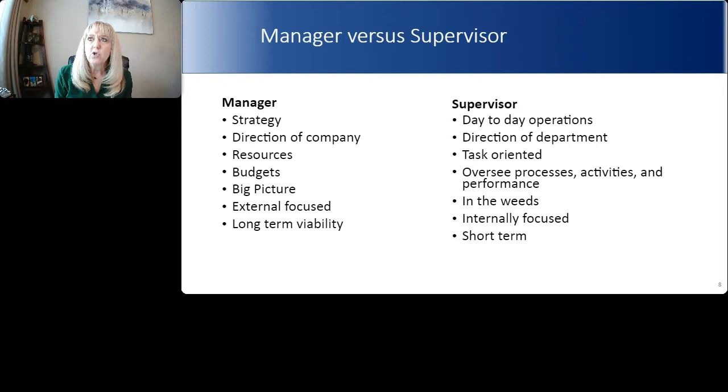So that's kind of where there's no way to be successful as a manager if you're constantly staying in the weeds. And I think that's where some supervisors that graduate to a manager level struggle, because they're trying to stay in the weeds when they're a manager. And by doing that, those that they're supervising feel micromanaged. They don't feel like you trust them. Now, that's not saying that sometimes you do need to drill into the weeds, but as a manager, hopefully you're putting that person in place that you feel confident that they can drill into the weeds